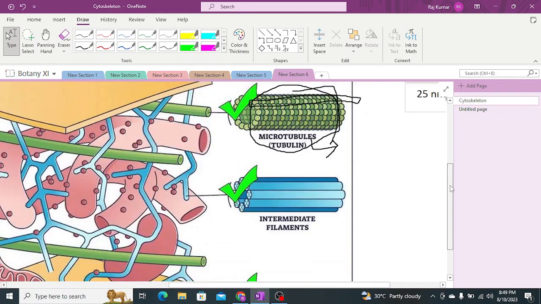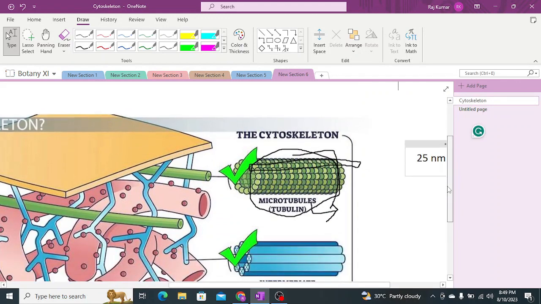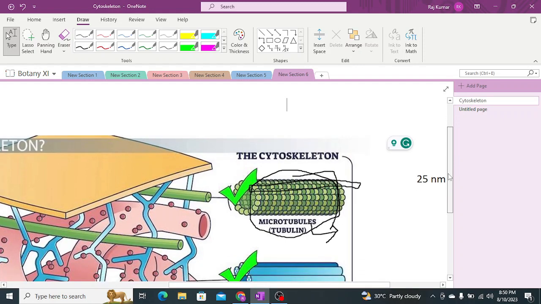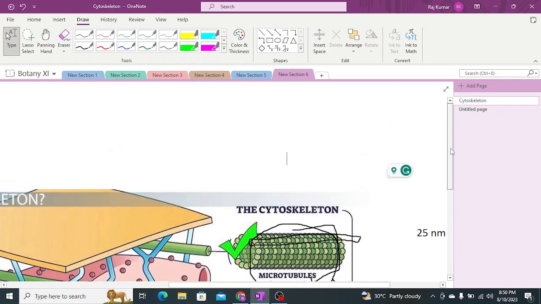I'm telling about that process generally. After that, it also involves the movement of chromosomes to opposite poles in plant cells. As plant cells do not possess centrioles or centrosomes, the microtubules present inside the cytoskeleton work as a key factor to produce spindle fibers. These spindle fibers attach to the chromosome's centromere and bring them towards the opposite poles. This process takes place in plant cells, while in animal cells, centrioles are also present,